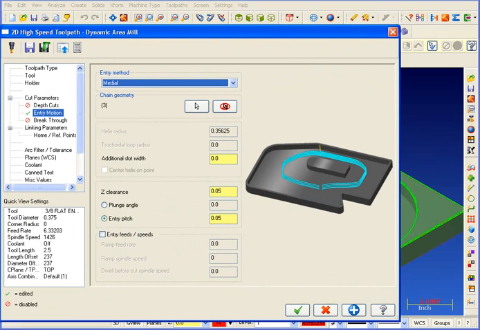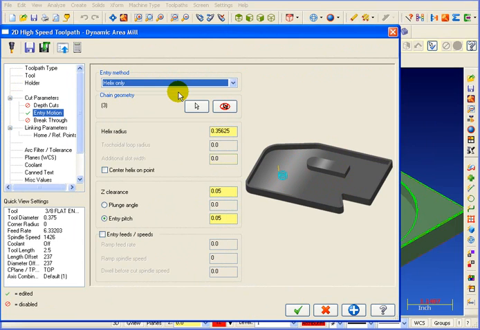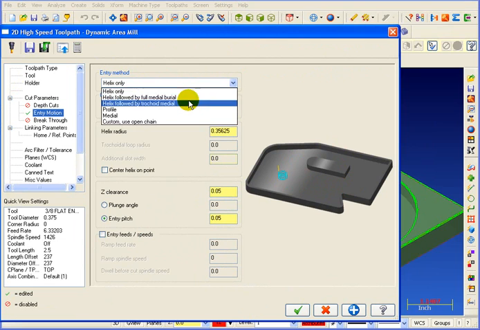The entry motion for the Dynamic Area Mill is controlled here. Right now it's set to medial. Medial creates a track around an average of the openings in the cavity. Of course, we can still do a helix where it'll helix its way to the first depth, or we can